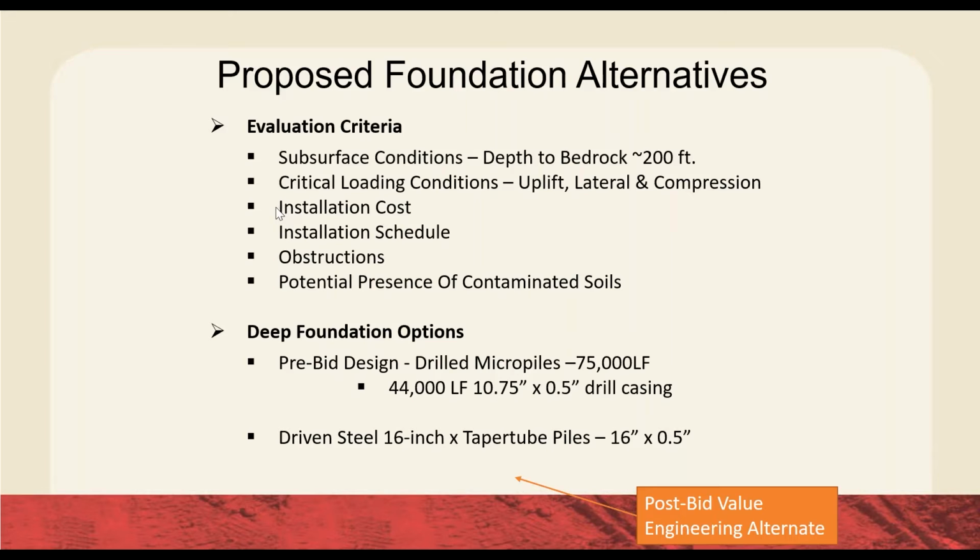And a big part of that was because of the low headroom associated with the existing structures, the fact that the new structure had to be replaced in the same footprint as the existing. So it was an obvious drilling job. However, it wasn't